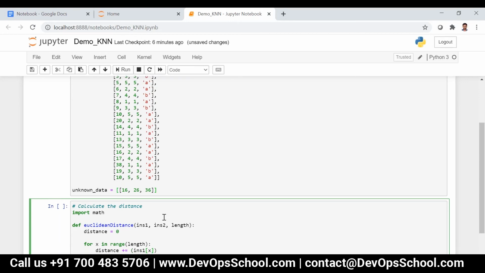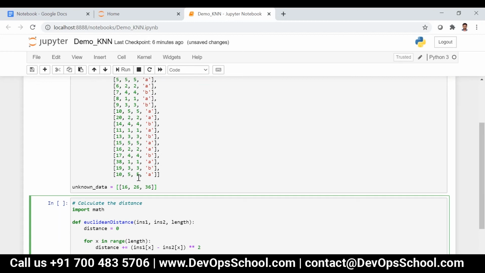That is this point minus this point, like that. Minus instance 2 of x the whole square, and then return math.sqrt of distance. So this is the distance between 2 points.